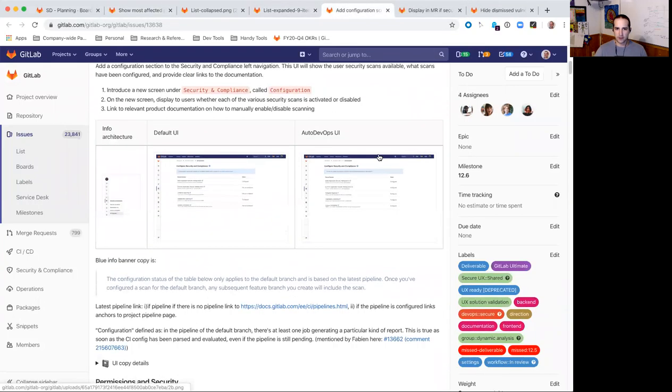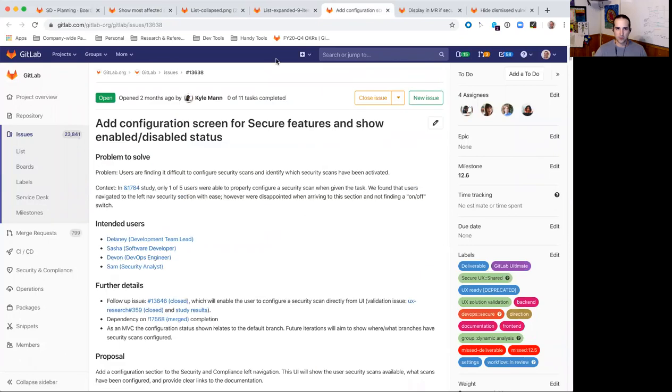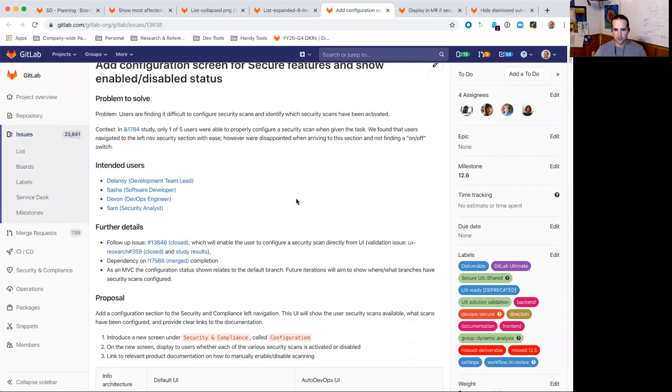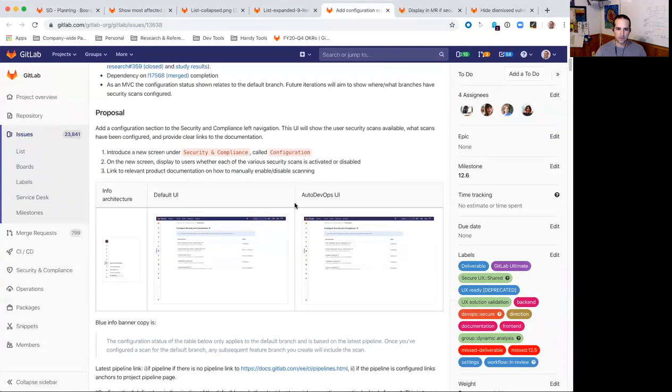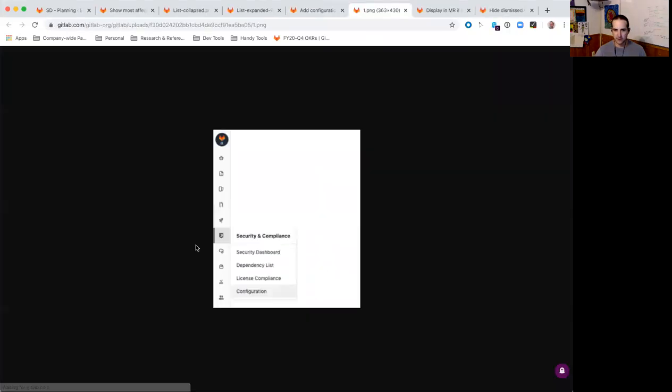So this is another item from 12.5 that has carried over. We will continue working on it in 12.6. As a quick review, the configuration screen for secure features. We want to show enabled and disabled scanners. As a quick recap, we're going to add a new screen